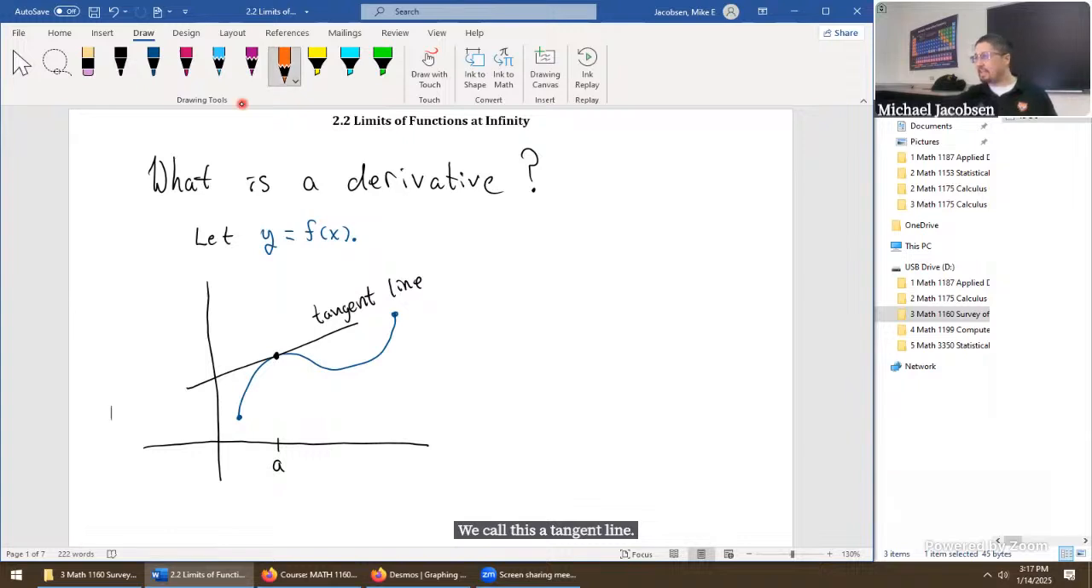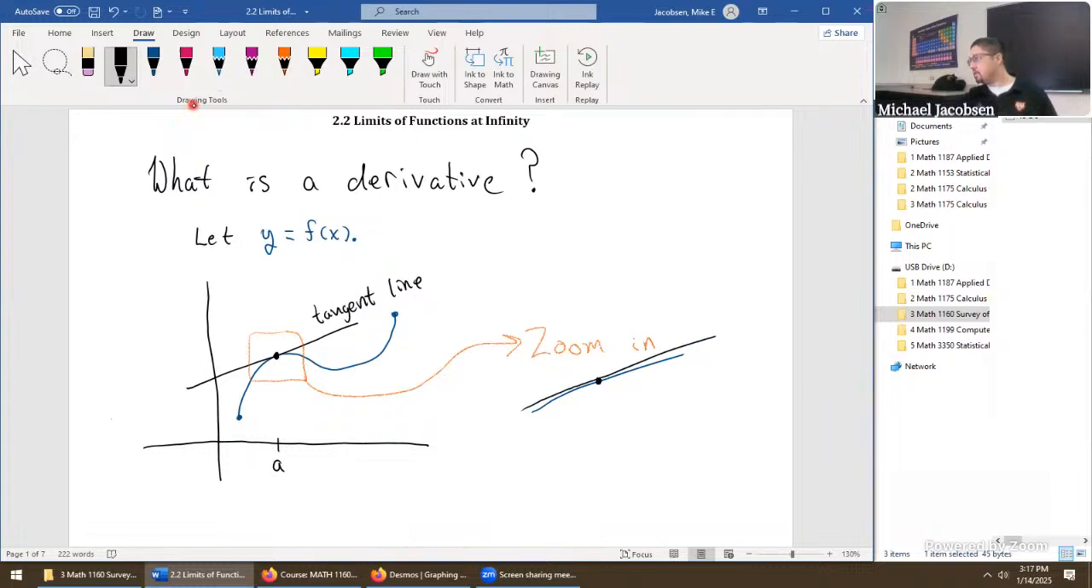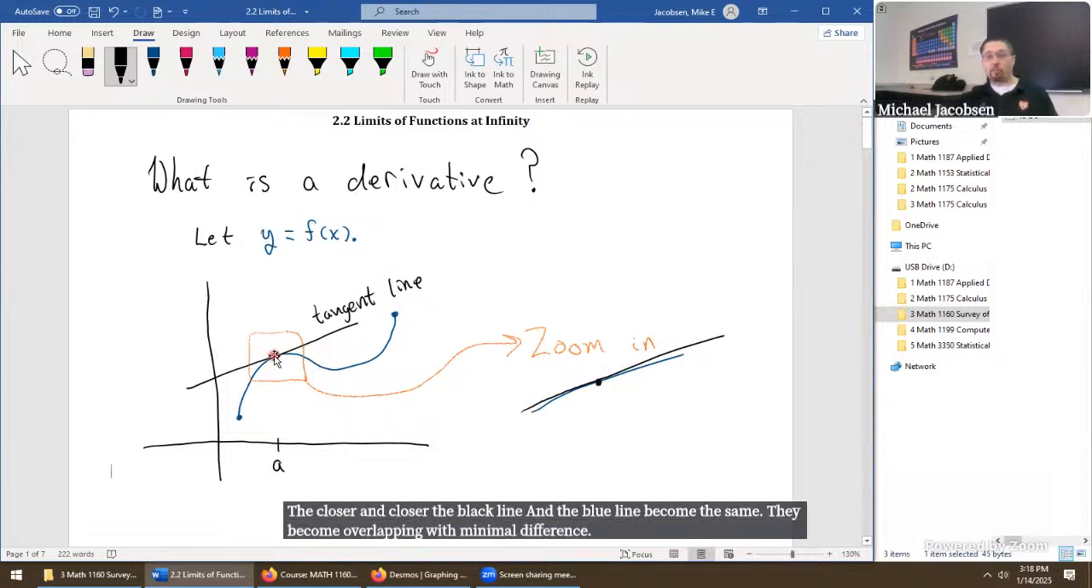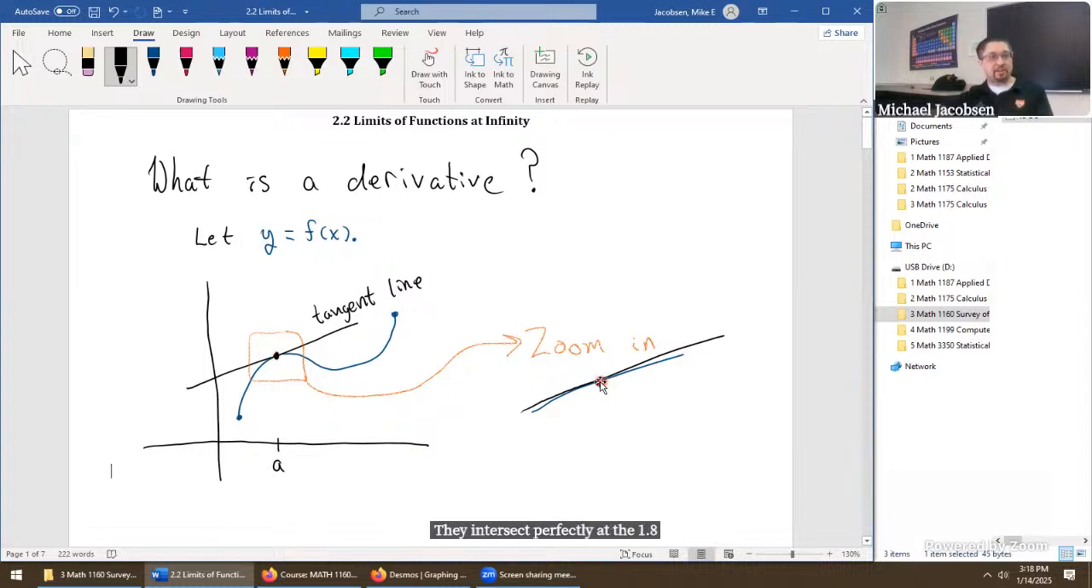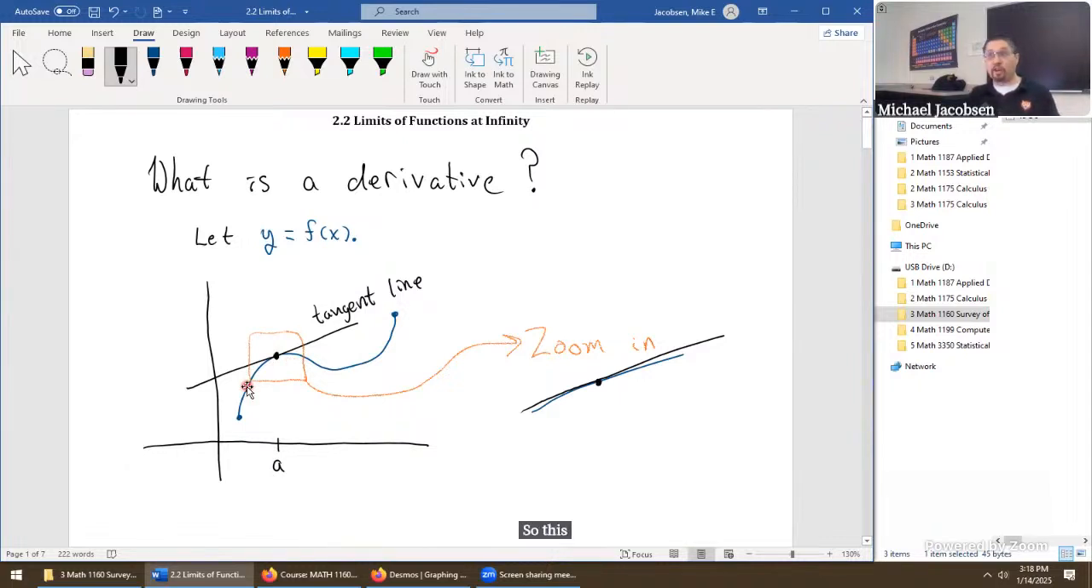What makes this a tangent line is, again, if you take a region like this, zoom in, then the graph starts to look a little bit more like this. Imagining that I drew this perfectly, let's just move that down. Something more like that. If we have a true tangent line, the more and more you zoom in, the closer and closer the black line and the blue line become the same. They become overlapping with minimal difference. They intersect perfectly at the one point A, but we want it to be the best local linear approximation of the function in blue. So this still doesn't answer what a derivative is, but we're very interested in forming this